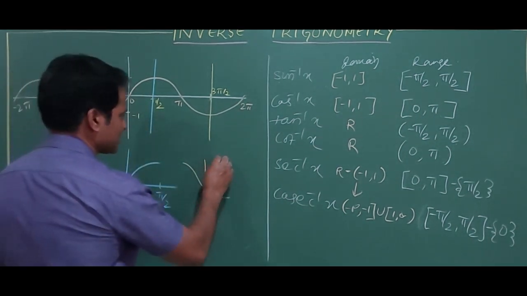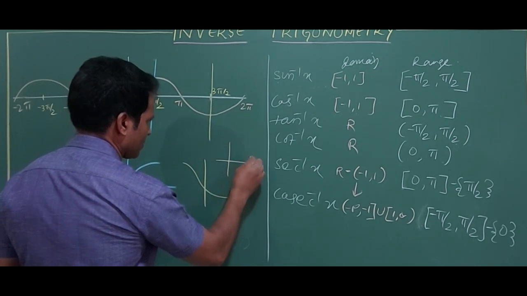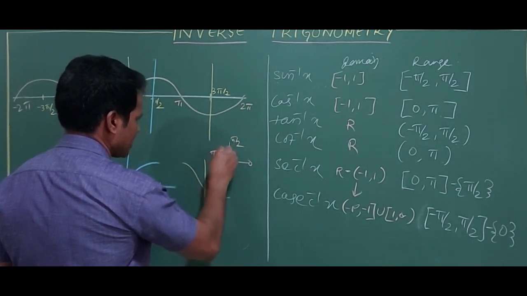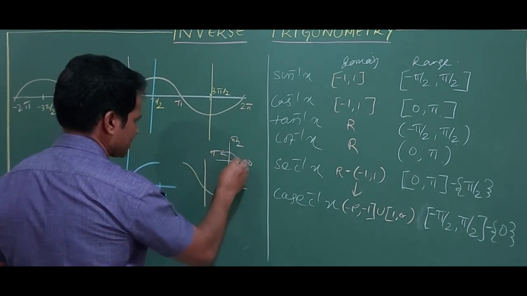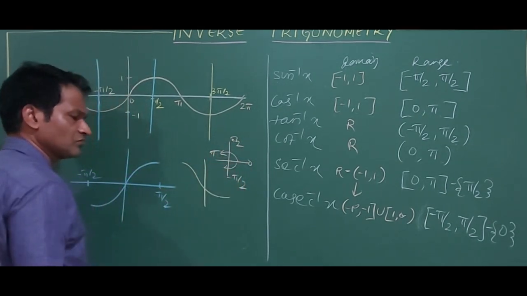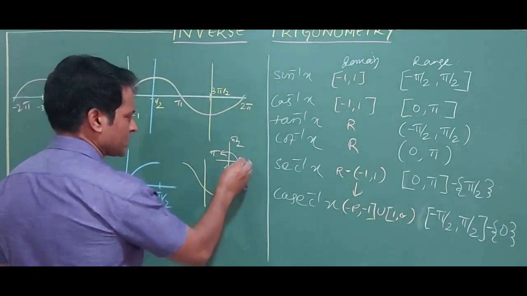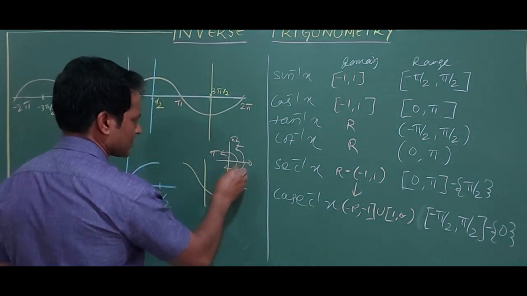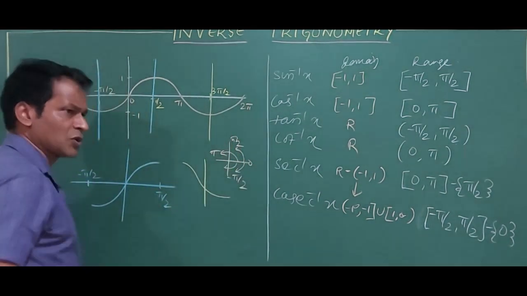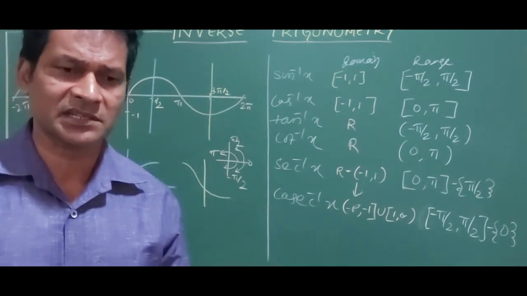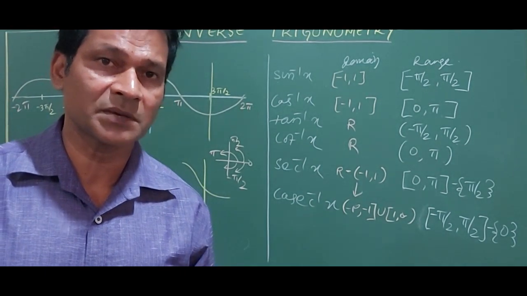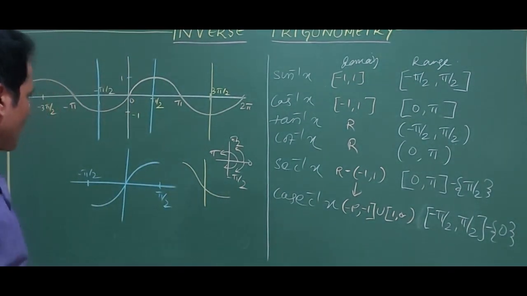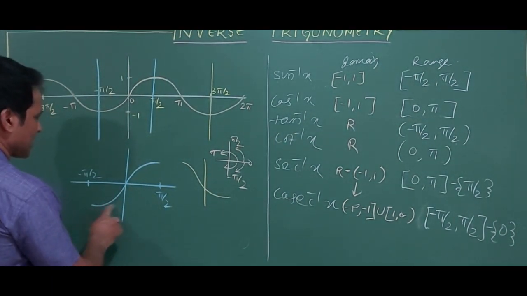Suppose in trigonometry I see this is 0, this is pi by 2, this is pi, this is minus pi by 2. This is anti-clockwise, this is clockwise. So when I start a movement, obviously I start like this or like this. I start from 0. I am not going to start from 90 or 270 or 360. Either I will start anti-clockwise or clockwise. That's why it is taken as the principal range. So the sin x principal range is minus pi by 2 to pi by 2.